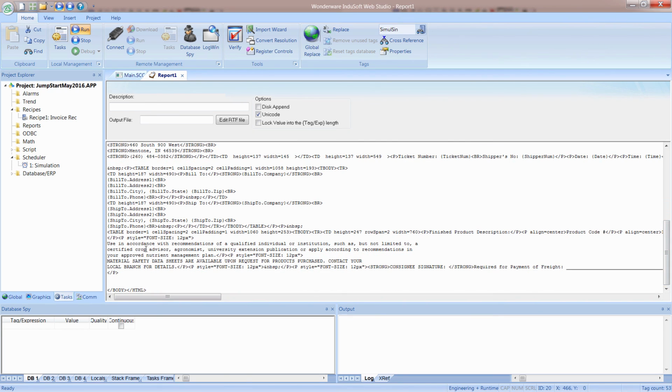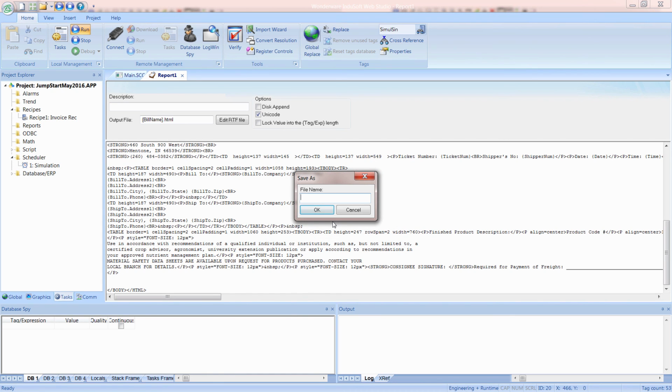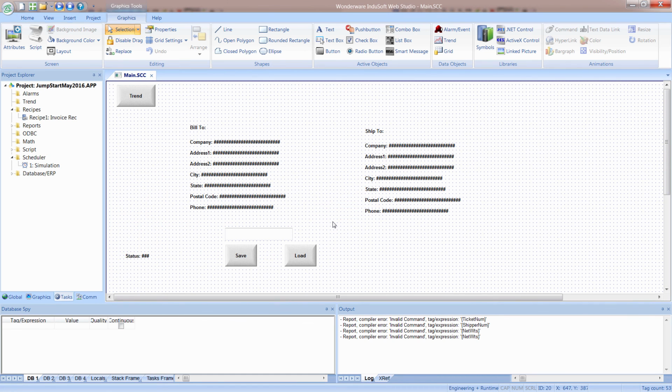So that will appear in this report. And this again is going to be this invoice, or when I did this for a customer, it was called a bill of lading. So I'm going to create this as a bill name, and then when I save this, it'll save it as .html, and whatever the name is in front of that. So I'm going to have to make that tag a string type tag, and so when I save this, not recipe, report1, and